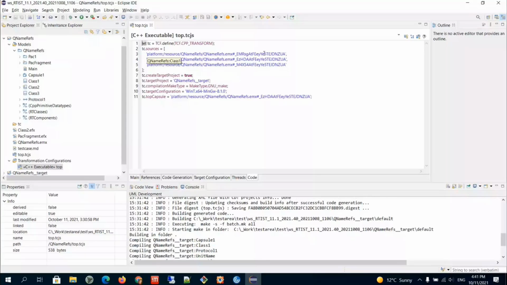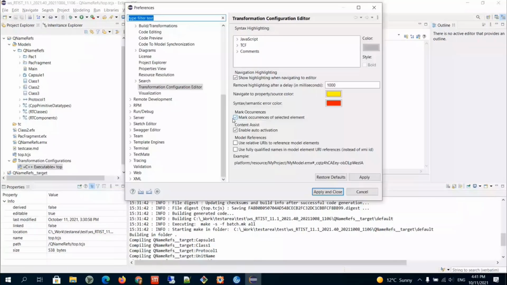So now we have added other options how you can reference model elements, and by default you will get this notation, but we now have added preferences here in transformation configuration editor preferences, and now it's possible to select if you want to reference model elements with the name, with fully qualified name, then you can check this option, and you see here we have an example where we show how it will look like in your TCJS file in